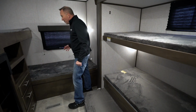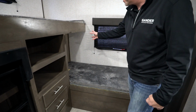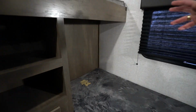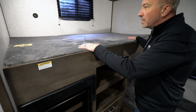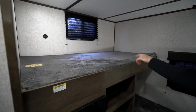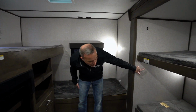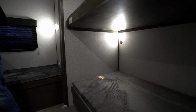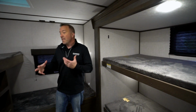You have, which I know the kids would be fighting over, this one here, which the headrest actually goes underneath the entertainment center of this bunk up top. But 300-pound capacity on the top, easily sleeping adults. You got dual USB charging ports up top, plus you have them underneath this one as well. So if you needed to sleep a lot of people, but you needed a lot of space, this would be